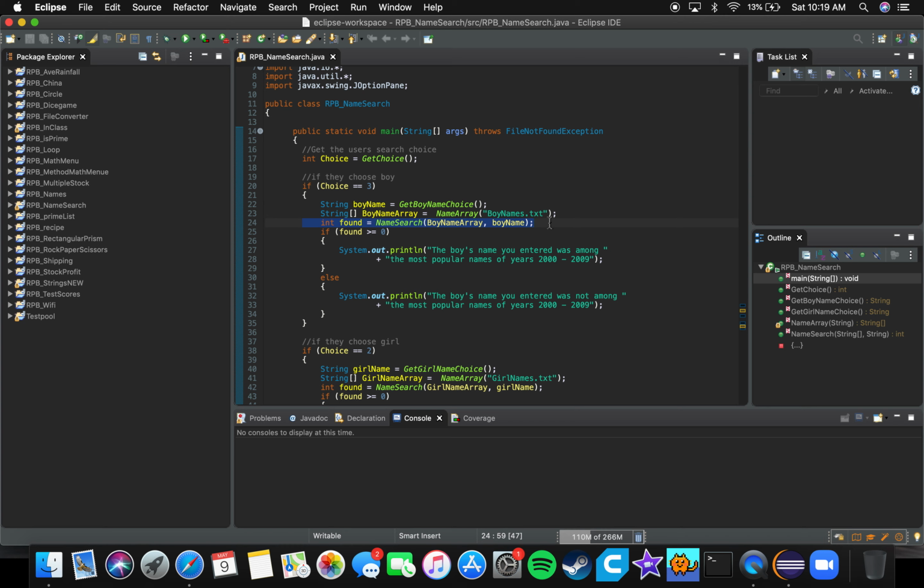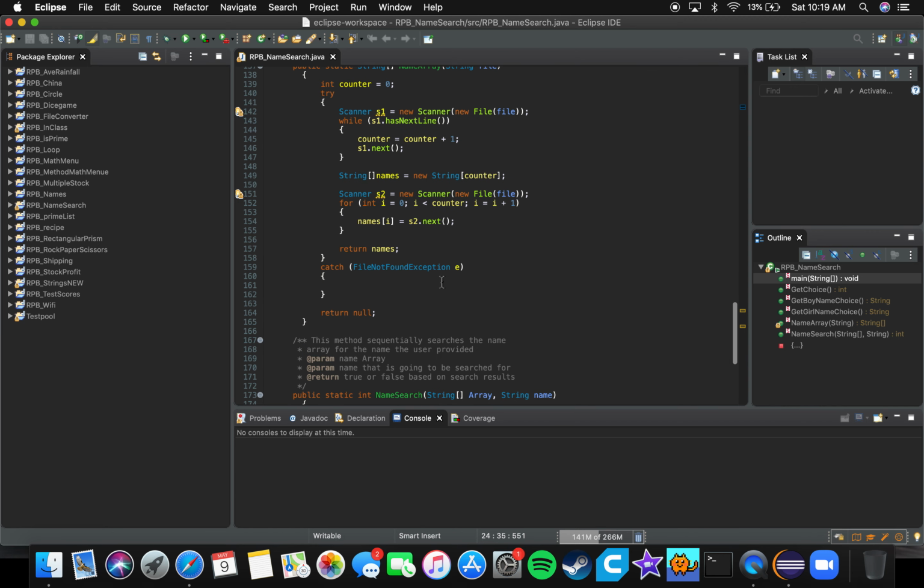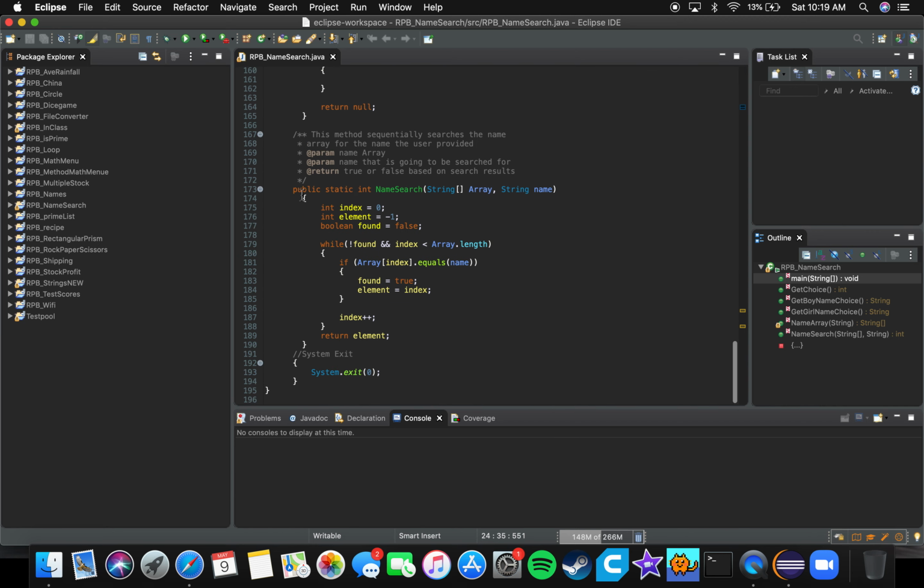So then we go back up here, keep using this as an example. Basically, we have to search with the name search method. We need to pass in the boy's name that they chose to search for and the boy name array that we just made. So let's go down to the search one. Okay, yeah, this is a sequential search for arrays. Basically, we start out at element -1, because what if it was element 0? And then we start out with the index at 0, and then boolean found, we're going to set that to false at the beginning. And basically, we have a while loop,